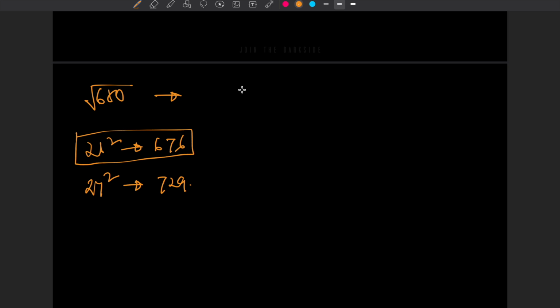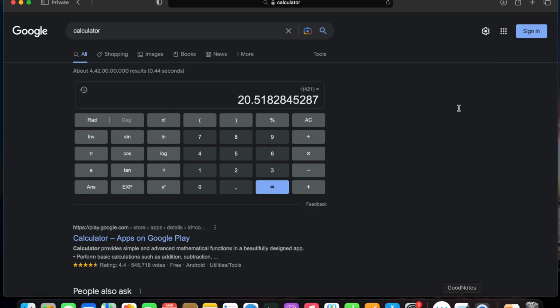So again, our formula is y plus dx by 2y. Our reference point is 26, so y is 26, 2y is 52, and dx is the difference between this and this, that is 680 minus 676, that is